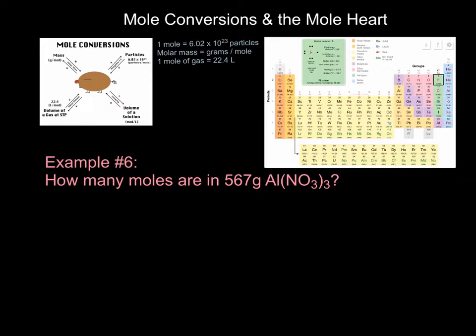Now example number 6 is a little trickier, but I wanted to show you something like this so you could see how to calculate something with a little bit more complicated of a formula. Example number 6 asks how many moles are in 567 grams of AlNO3. So I look at my map and I'm starting at grams, so I'm starting at mass, and I need to go to moles. So it's going to be a 1-step conversion. So start with what I'm given, which is 567 grams of aluminum nitrate, AlNO3,